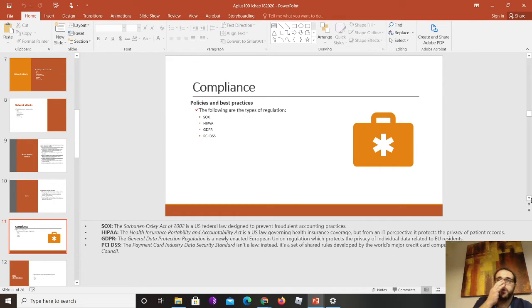For example, did you know that if you open an account at a bank, your bank is not required to let you know that they could sell your data to some business? In the US, that is not a requirement. Now, you cannot do that in a European country.